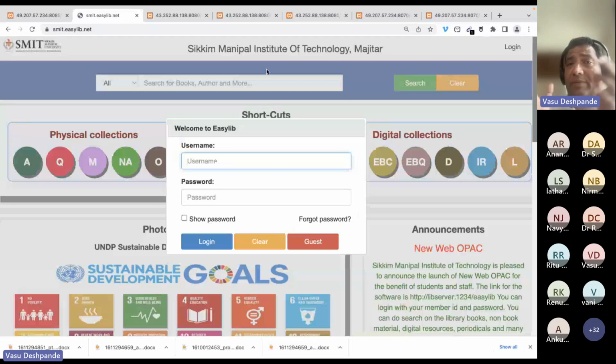Okay, about 130 customers across India are using it. When you become an Easylib customer, you will get the latest application. You give the order today, and within 1 day the entire system will be up and running for you. Then, within a week or so, all your data from whichever system you have